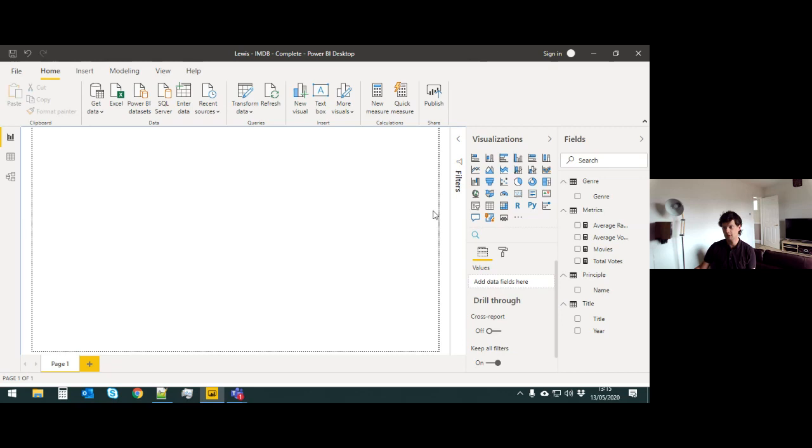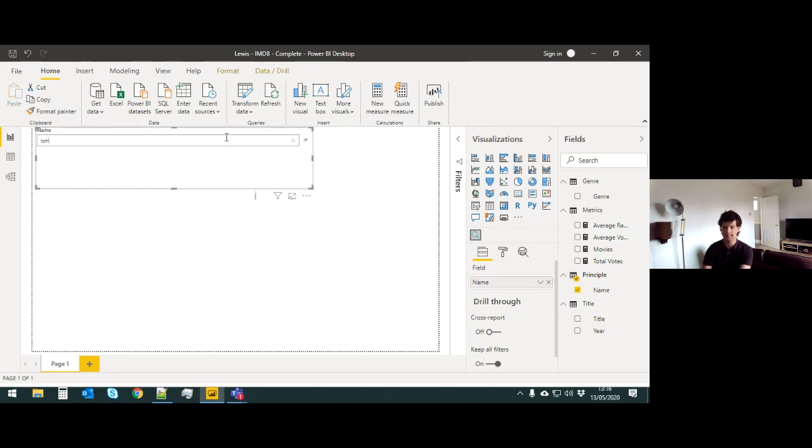So I'm just going to create a quick dashboard that allows you to see by actor kind of how their ratings are performing over time. So to do that, I'm going to bring in the text filter, and I'm going to bring in the actor name. Now at the moment, if you type something in here, you don't really see anything. There's no other controls. So I tend to like to do, if you're going to use a text filter, which is not a default control, it's on the marketplace,